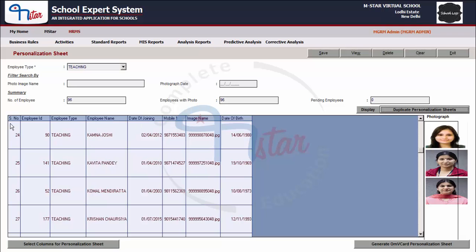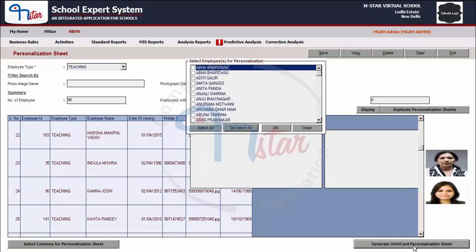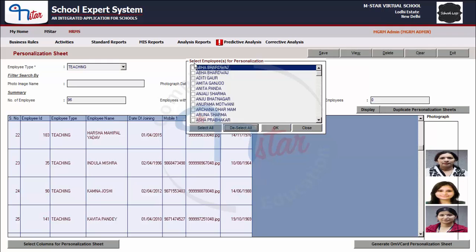It is showing us the serial number, employee ID, employee type, which is whether the teaching employee type as selected, employee name, which is the first and the last name of the employee, date of joining, mobile 1, image and date of birth. The mobile 1 and date of birth columns are added additionally, whereas the other columns are the default columns.